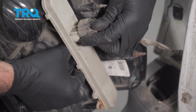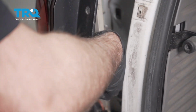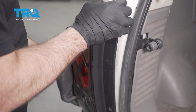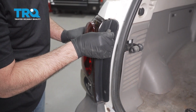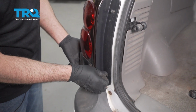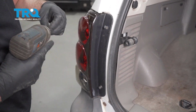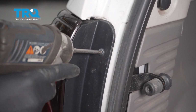And take the connector, line it up, lock it down, and you can slide this back in position. Slide those pins in. Take the screws, get those lined up. And tighten these down. Just snug,